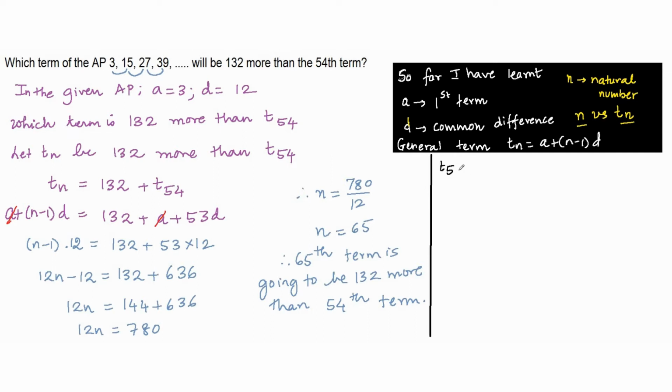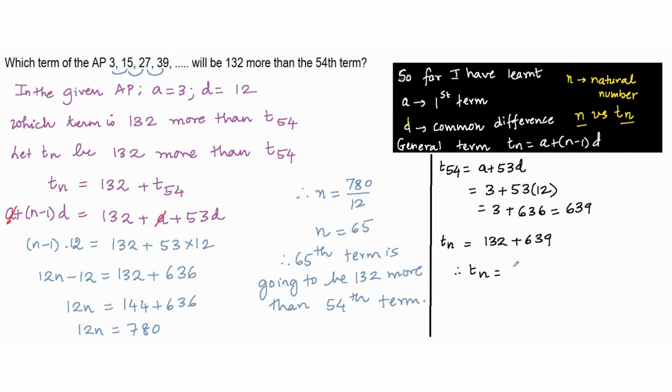So T54 is going to be a plus 53d, where a is 3 and d is 12. So this is going to be 3 plus 53 twelves, which is 636, and therefore this is going to be 639. So the 54th term is 639 and Tn is going to be 132 more than 639,